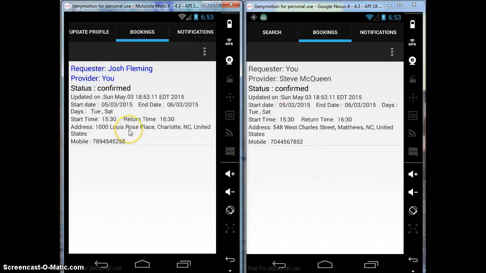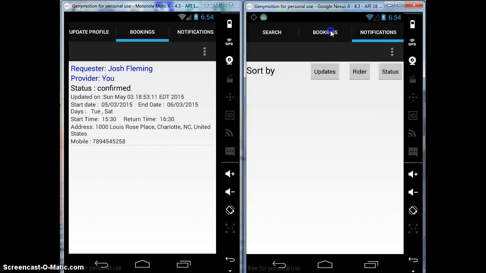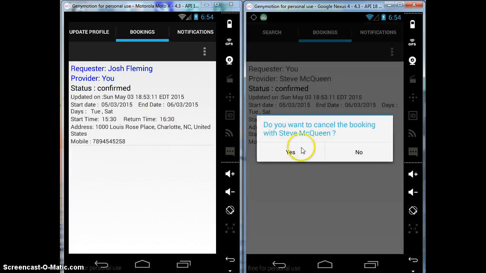So you can now check the booking tab, and this is the list of items that are rides that you have on your current slate. Either user can cancel these bookings by clicking on them, and you get the pop-up as to whether you want to cancel the